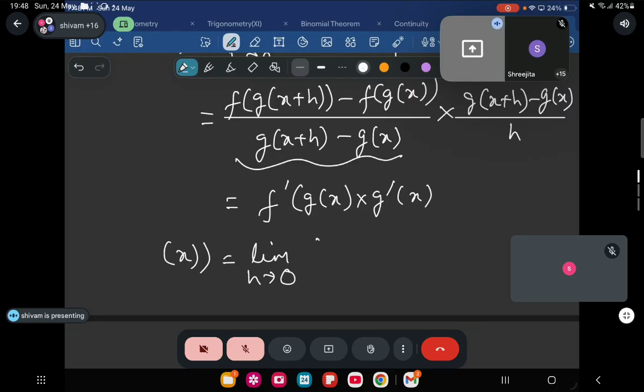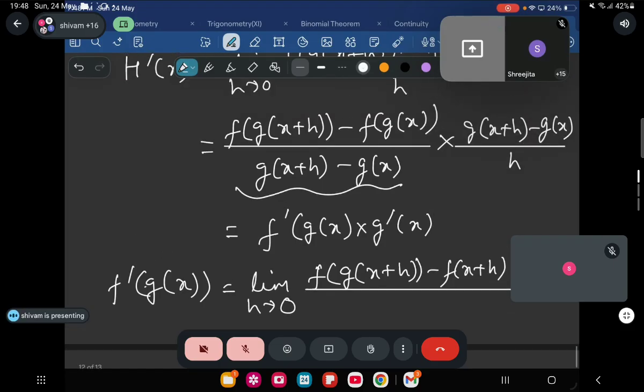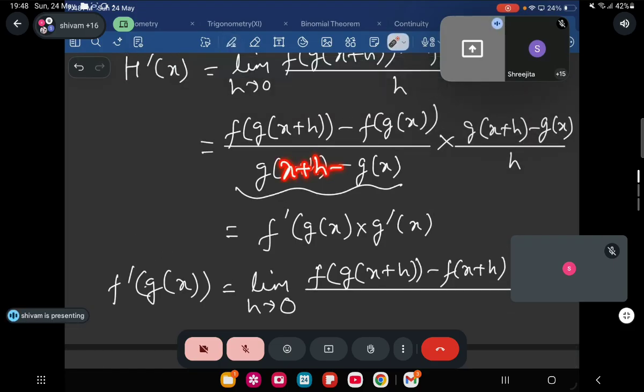g of x2 is okay. Achha, f dash at g of x. g of x is just a constant, right? So we are actually subtracting the argument. f dash at g of x will be equal to f of g of x plus h minus f of g of x. In the denominator, in the first principle, we actually subtract the argument x plus h